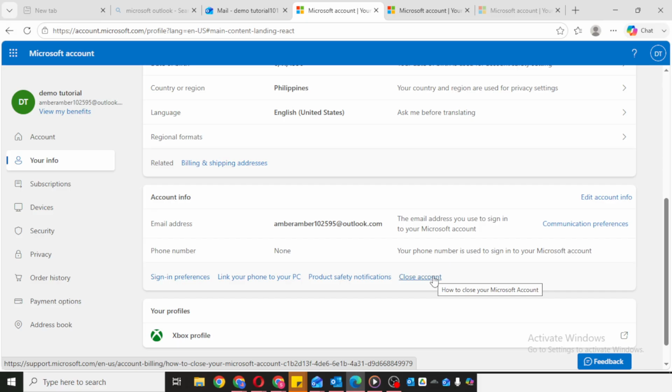After you finish following the on-screen instructions, Microsoft will process the account closure request. In some cases, there may be a waiting period before the account is permanently deleted, so keep that in mind, and that's how to